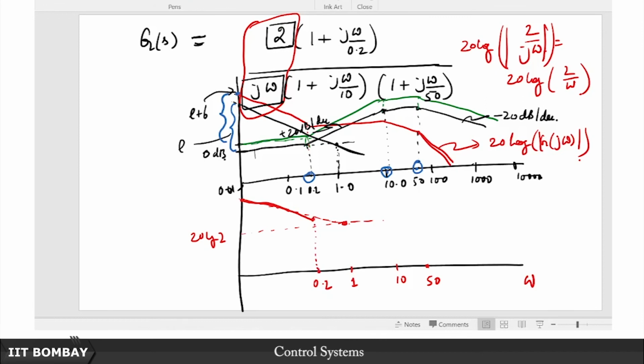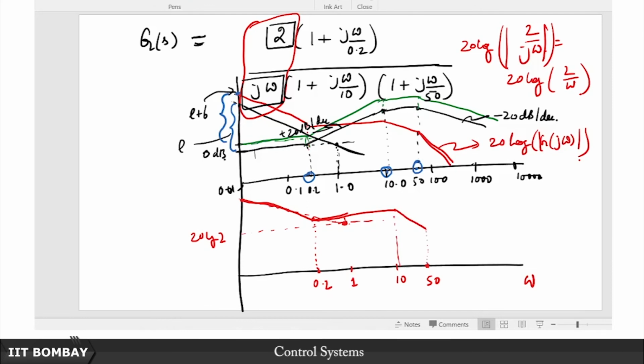Since here it is 0, your slope would increase by 20 dB per decade. So earlier it was minus 20, now it will become 0, right up till here. Then you encounter the next break frequency, I think at 10 here, which happens to be a pole. So here your slope will diminish by 20. So from 0 it will go to minus 20 dB per decade, and so it will continue until the next